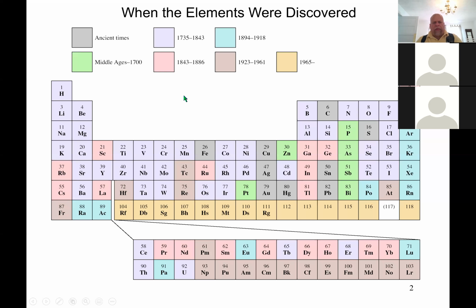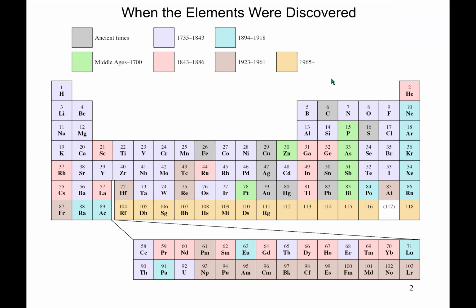Now what we're going to do is essentially talk about the elements and when the elements were discovered. If you remember when I was talking about the naming, like boron, nitrogen, carbon, etc., there are a whole bunch discussed that are from ancient times, like carbon, sulfur, iron, copper, silver, and gold. They were all very important in medieval times, as well as going all the way back to the Bible. There's a whole bunch of elements mentioned in the Bible, like sulfur, iron,